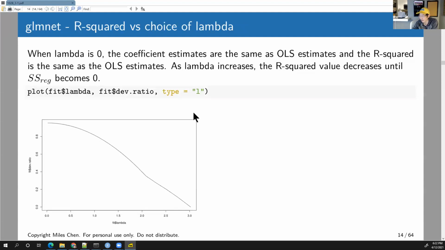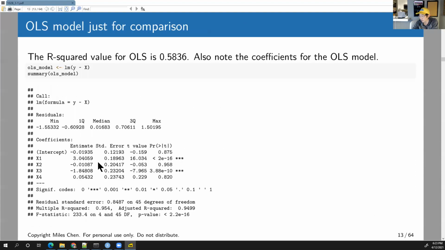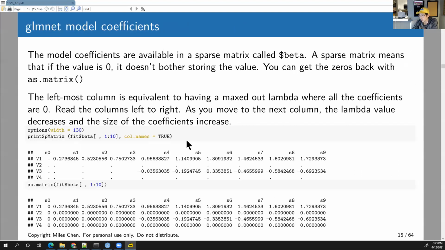So, okay, anyway, this is it. And you kind of look at this and you just say, well, at what point, how much am I still able to explain and how much reduction am I getting? So in this case, I think we only have like 2 coefficients. And so effectively, even though these are insignificant, we probably want to choose a lambda where these are just going to get pushed to 0 anyway, which probably is not going to be a very big value, right? And so you can kind of see here,